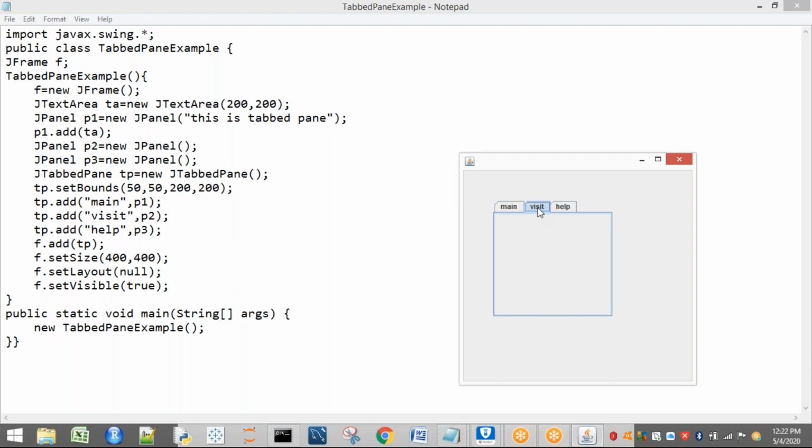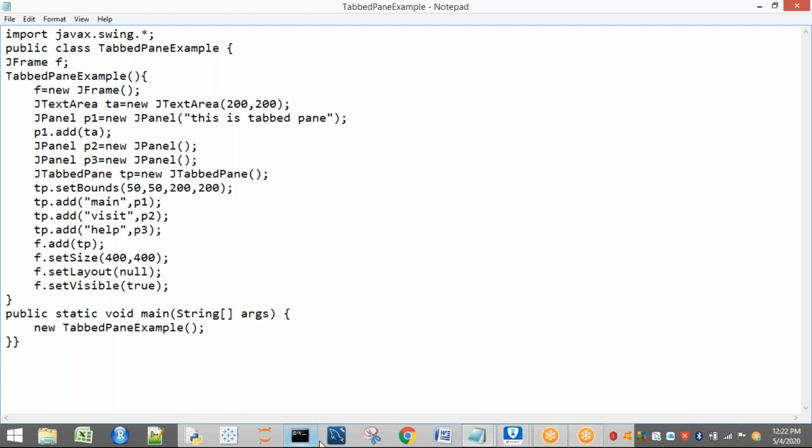So this is called a tabbed pane. If I click this one, something has to happen here. You can write the code, no problem. For example, it is like Google Chrome. Here I have opened Gmail, and when I click here, Gmail is shown. When I click on Facebook, let us consider this is a Facebook tab, Facebook related data will be shown. In the same way, here we can see the other tab and other tab related data. Okay, this is about our JTabbedPane.